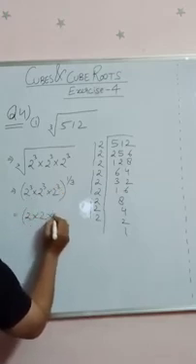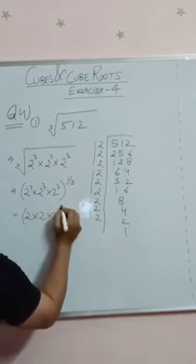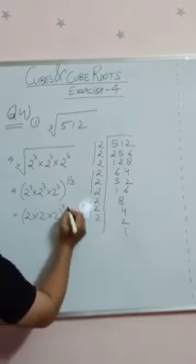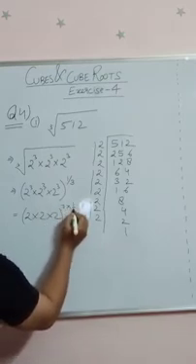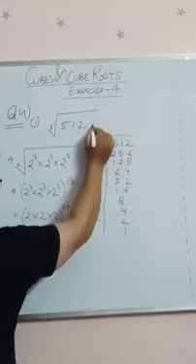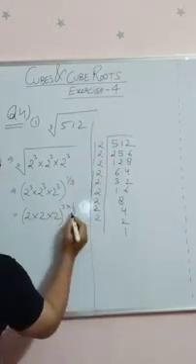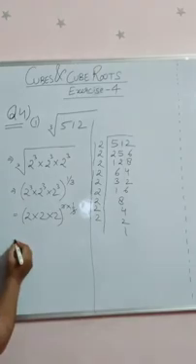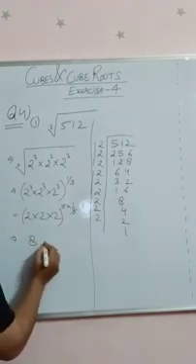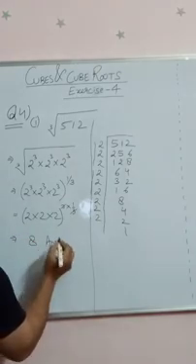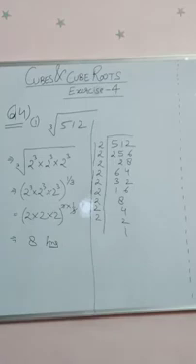We have 2 into 2 into 2. What happens to this power? I am taking this power outside, and power of a power is going to be multiplied. So what is going to happen? 3 and 3 is going to get cancelled. So the final answer will be 8. So that becomes our final answer. So this is question number 4, first part.